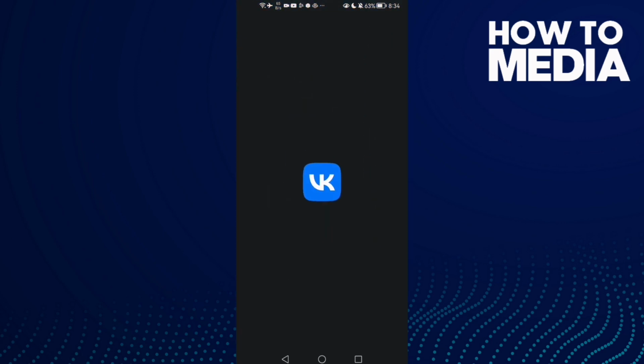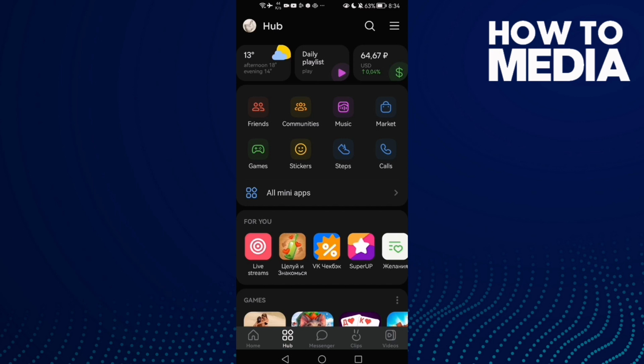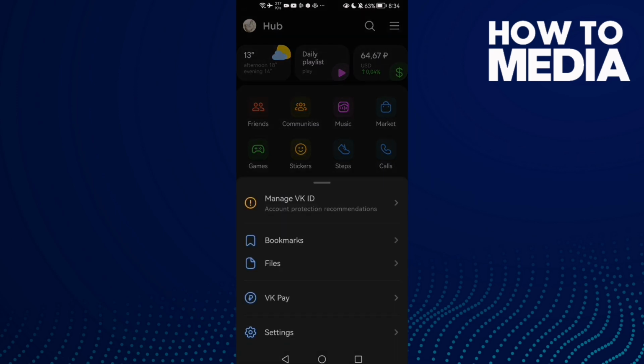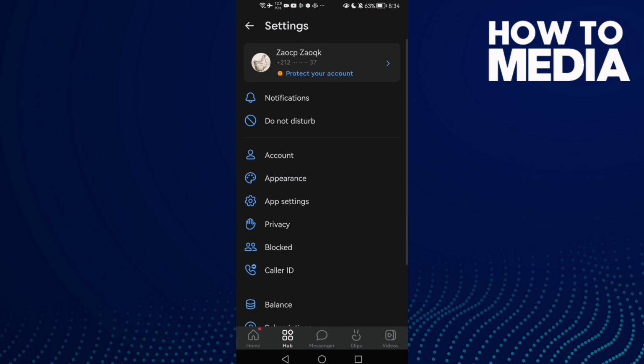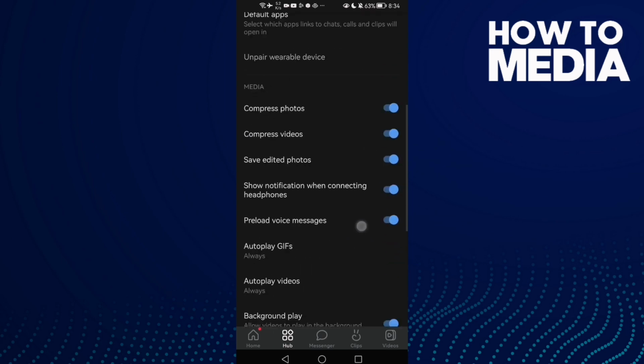First open VK and then click Hub. After that click these three lines here and click settings, and here we'll find app settings. Then just scroll down